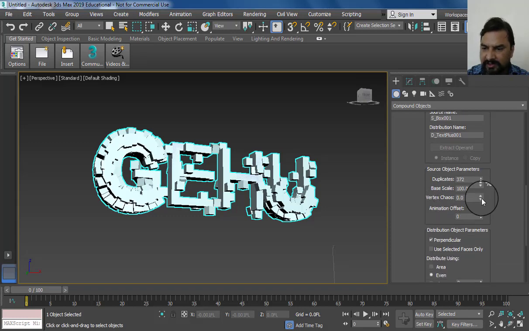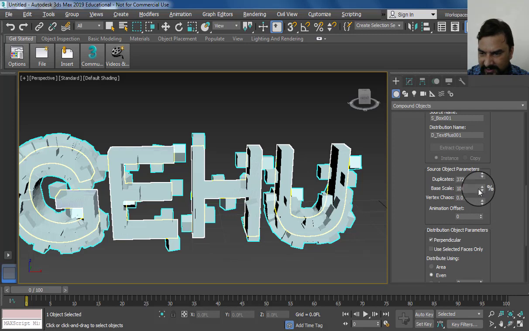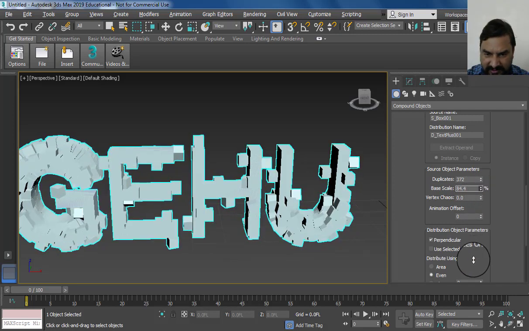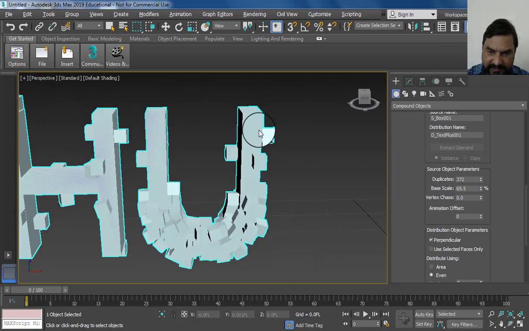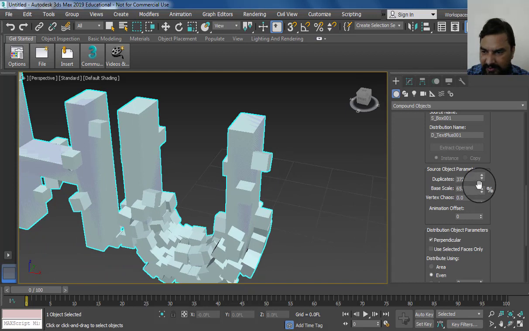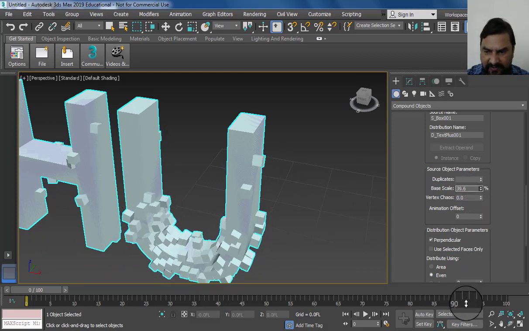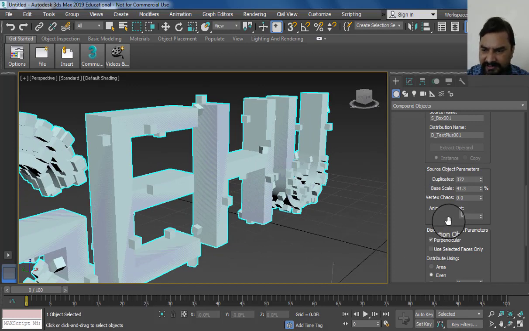Now we can increase the scale size according to the text and manage our cube size. Around 40 is okay, we can use a size of 40.